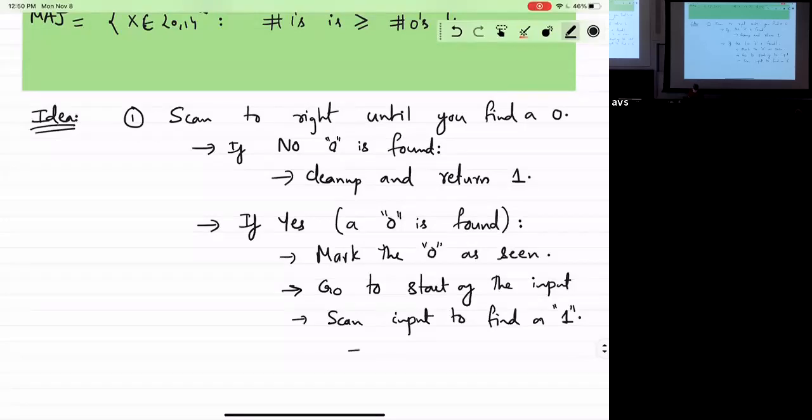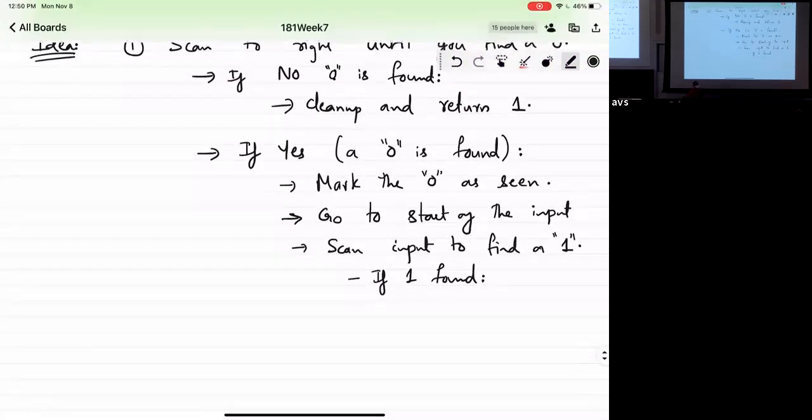Okay. So if 1 found, then what should I do? Well, I found 1 and there is a matching 0, so I mark both of them as seen, and that's it. 1 found, mark it as seen, go to start.